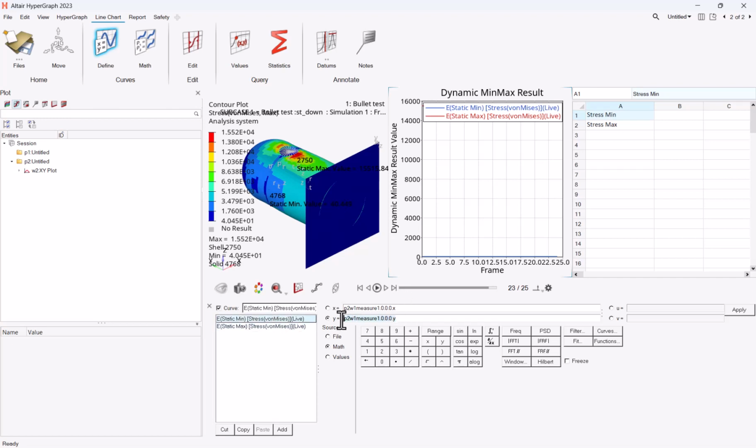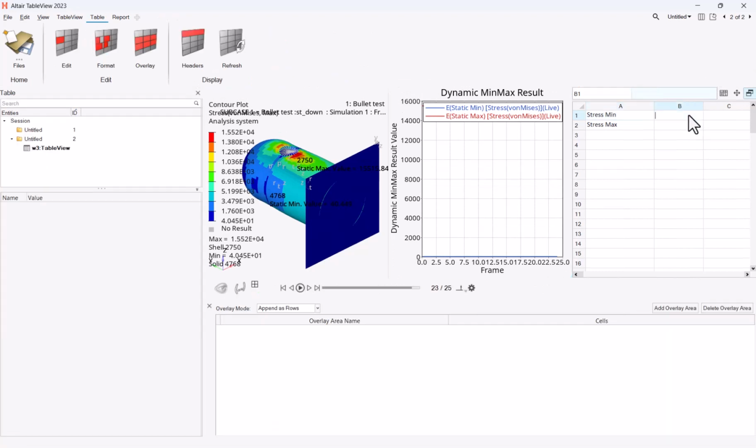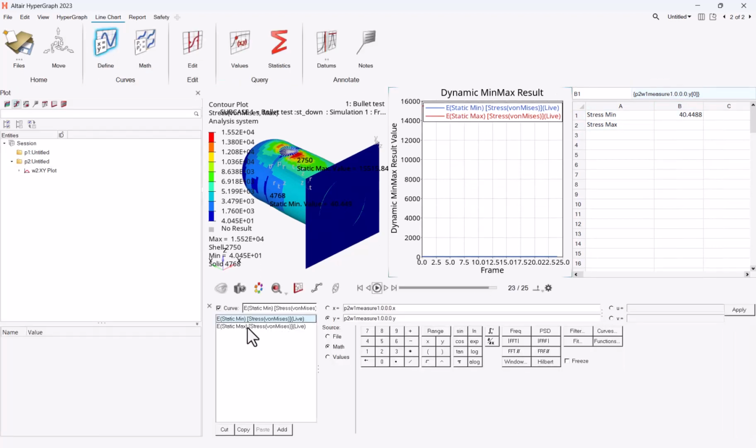And basically the only thing that I need to do is Control C and put it in the cell here, Control V. So we get a vector because we have a value for every item, every frame, let's say, of the animation. So let's take only the first point of the vector, 0. Here it is. And if you go back to the HyperGraph client, so this is for the min, and for the max, you can do the same with